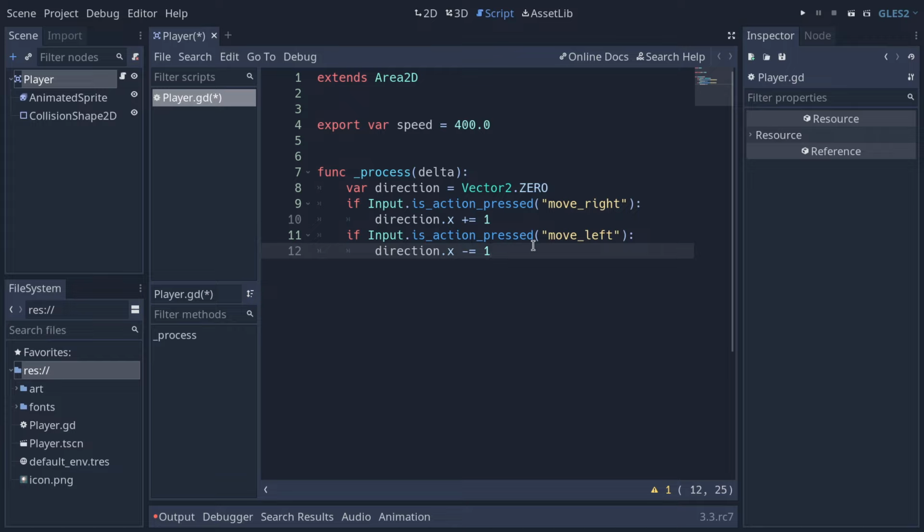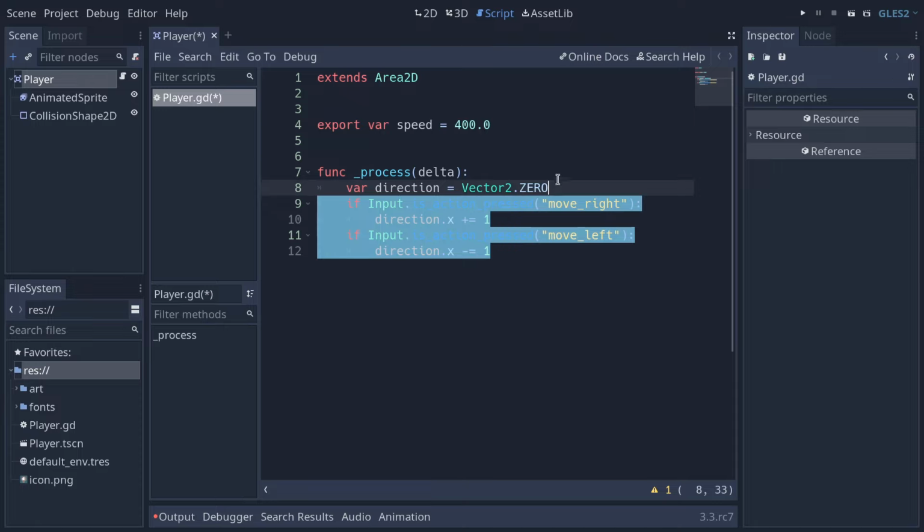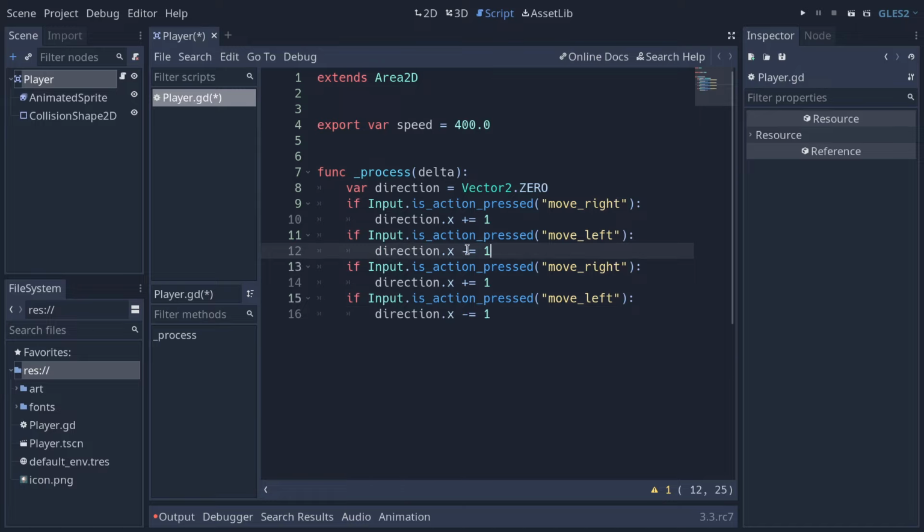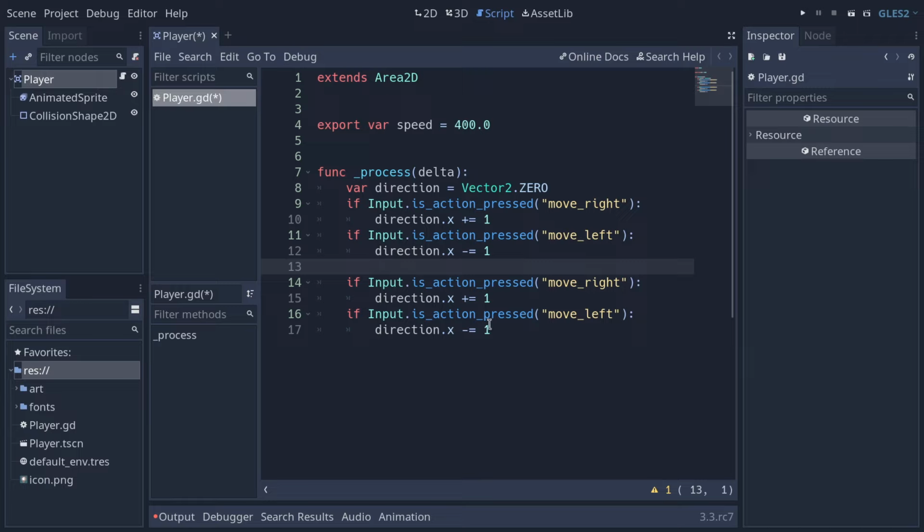It's one way to implement or to code direction where opposing keys are going to cancel out. We can do something similar for up and down. To do so, you need to select up to the line before and press Ctrl D to duplicate the selection. And now we're going to change these instructions to check if we pressed move